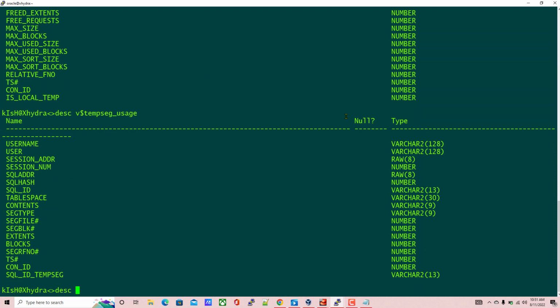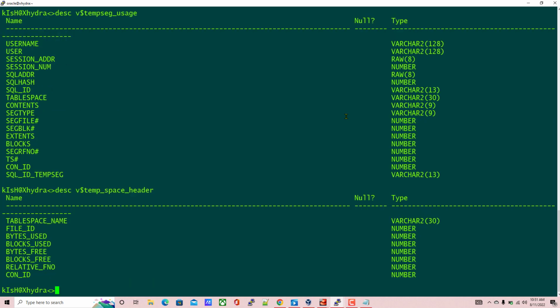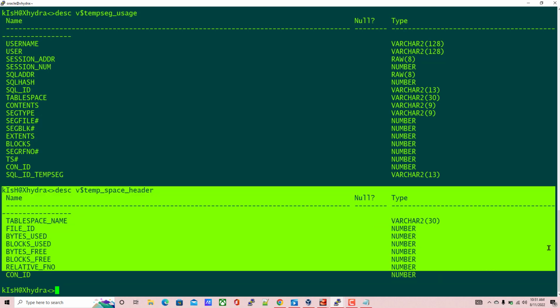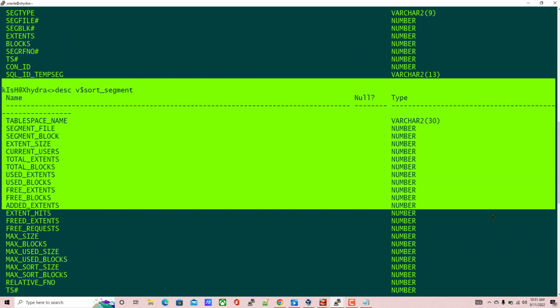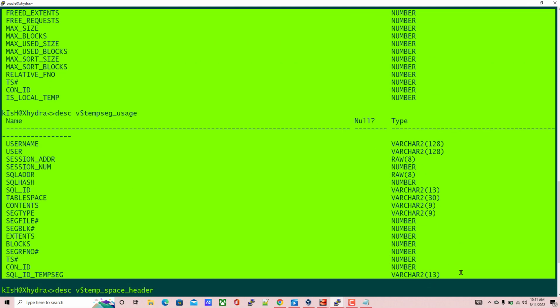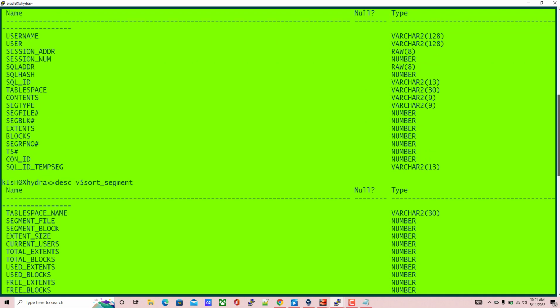Okay, and we also have another view called V$temp_space_header. This contains all the statistics related to the initialized blocks in the temporary tablespace. If there is a high temp consumption, in that case there will be multiple temporary extents allocated, right? So all those initialized extent information will be stored in V$temp_space_header, but all the allocated extents will be stored in these three views. Okay, allocated extent information will be stored. And